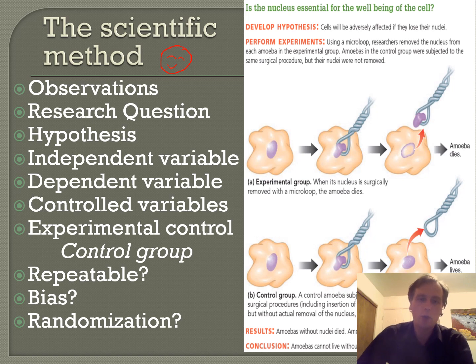I'll read through them real quick, and then I'll describe this experiment that is also in your book. The scientific method involves first making some observations, then you form a research question. Typically, it should be, it almost never is, but for instructional purposes, it's good to think of a good research question as a yes or no question, such as, does this medicine cure this disease? Answer is yes or no. And then researchers will develop a hypothesis, which is, for now, basically a prediction about something.